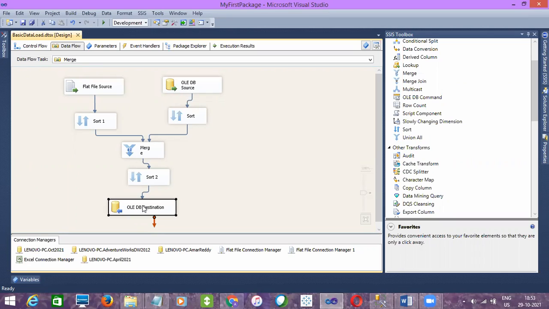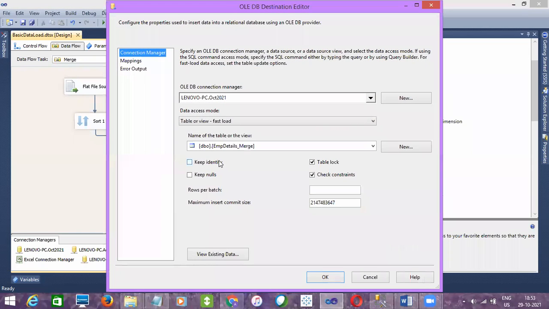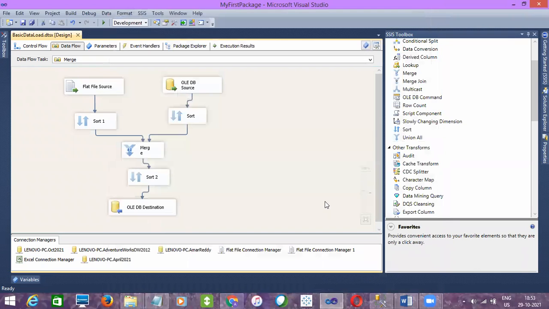See, let's say the source has 1 to 1 lakh records, it will not insert in order while inserting the data into a table. You know how the table loading will happen. It will be in chunks of data. First top 10 will load and then next top 10. So it will not load order-wise. It will be a parallel mechanism by default when loading the data into a table. It will not insert in the same order that you are selecting from the source. Clear? Here we are just sorting in the SSIS part, but while loading data into a table, it will not insert in a sorted manner.